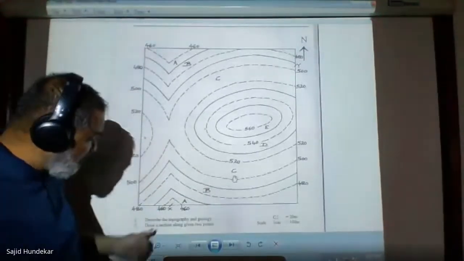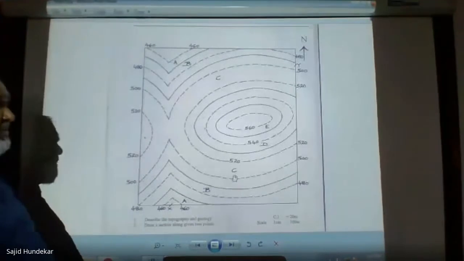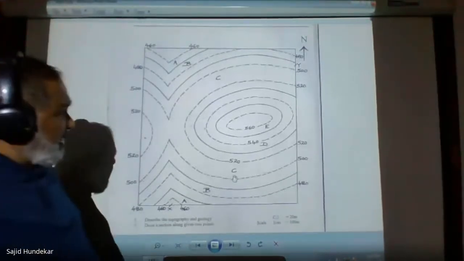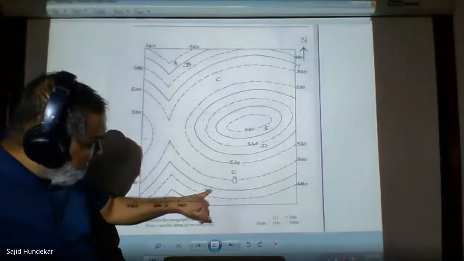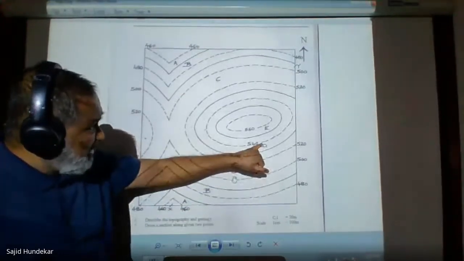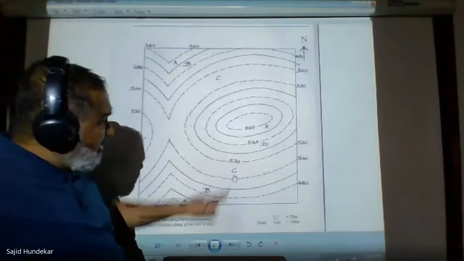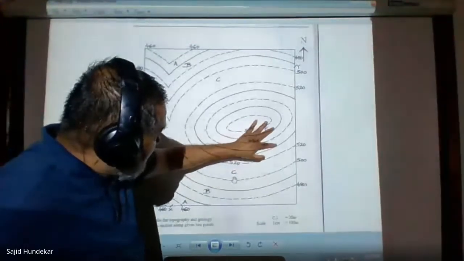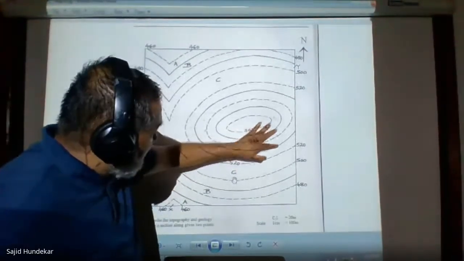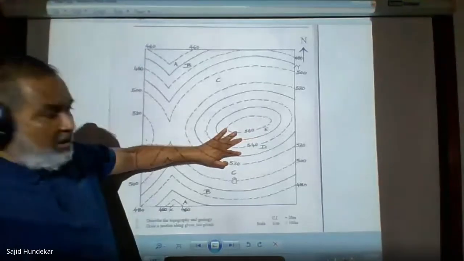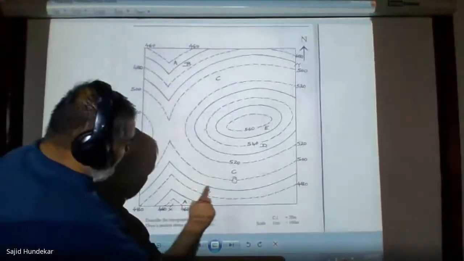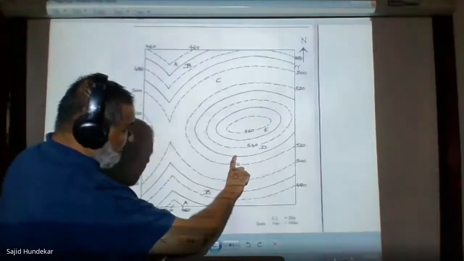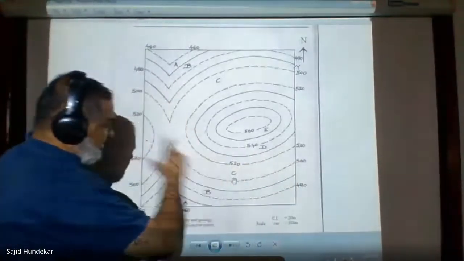The next one, we have to give the geology of the map. What is the geology? I can see in the geology, A is written here, B is written here, C is written here, D is written, and E. I can see D is written. These are the two dark lines. Between these two, whatever the bed is there, that is a D bed. Similarly, C bed. This line and this line, this is a bigger one. So this will be your C bed.